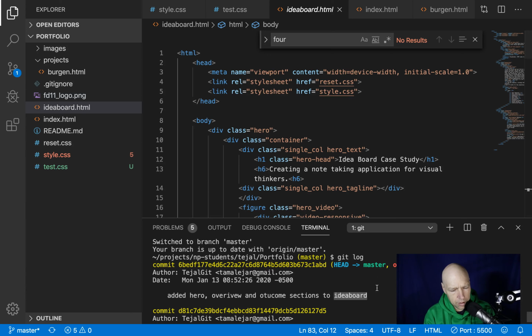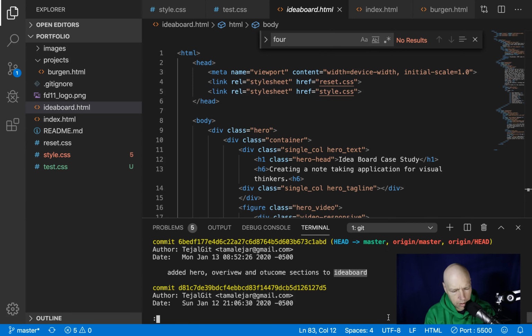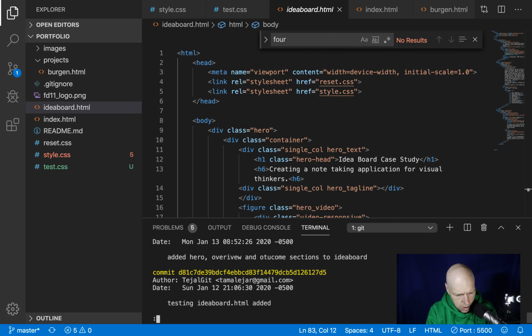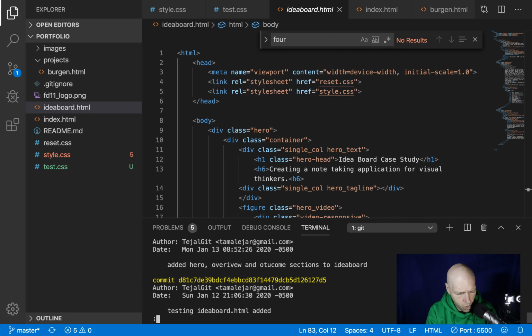And I guess now this is where I need to go back and look at a diff to look at these two. But unfortunately, I've run out of time on this particular round of it. Add a hero overview. It just seems like you've moved sections. I don't see testing idea board added. Like in between these two, like if I roll this back,